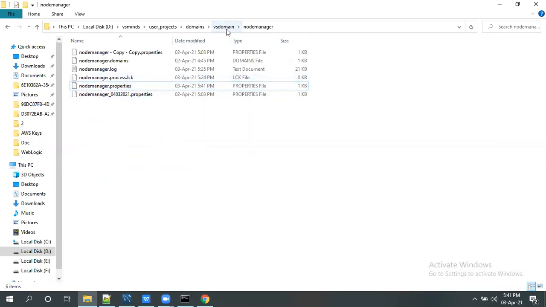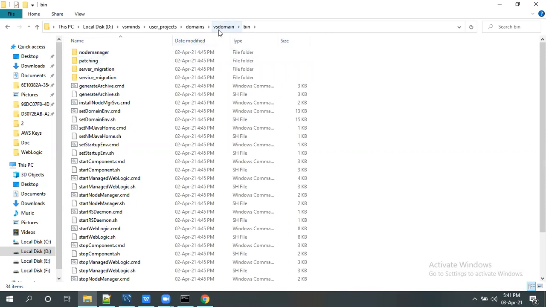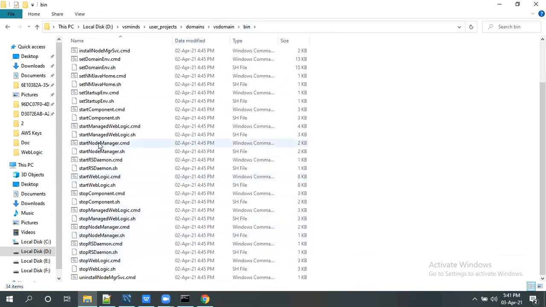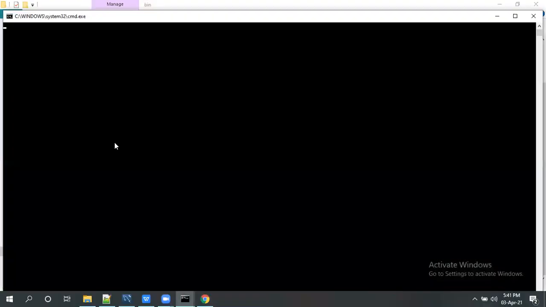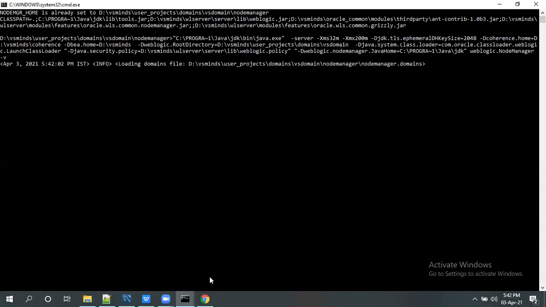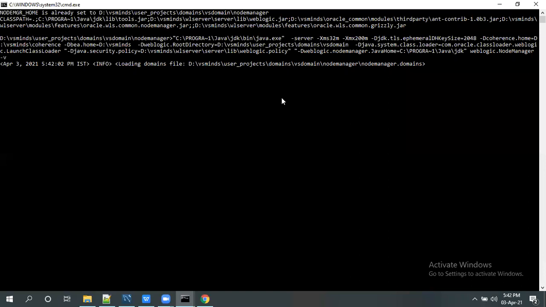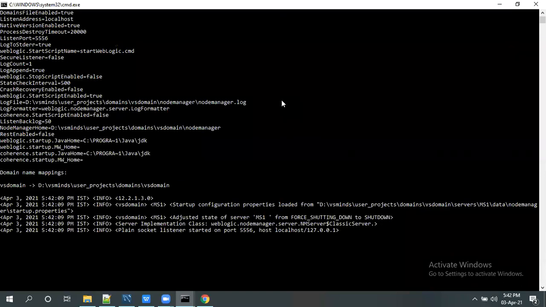Now you are good to start the node manager. Under the domain home, vs domain, under the domain home bin, start the startNodeManager.cmd. See here. Wait for the process to be up and running. Our aim is that it should be reachable. The status of node manager is reachable. Only then can we start and stop the servers with the help of node manager.